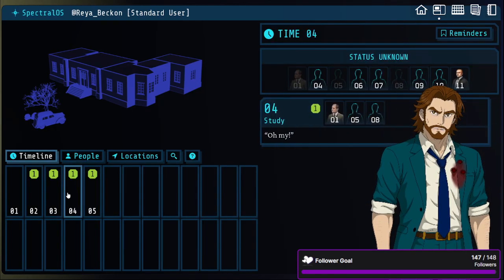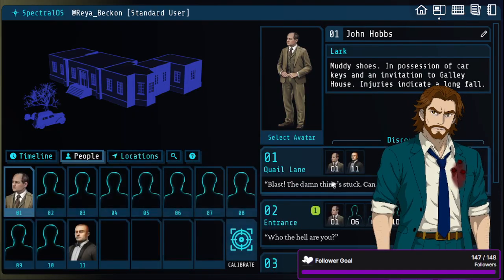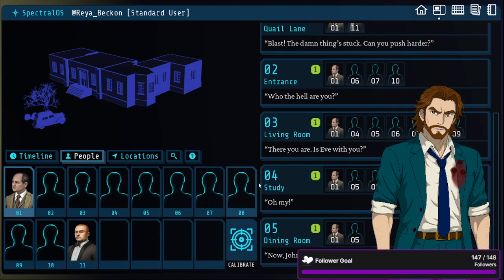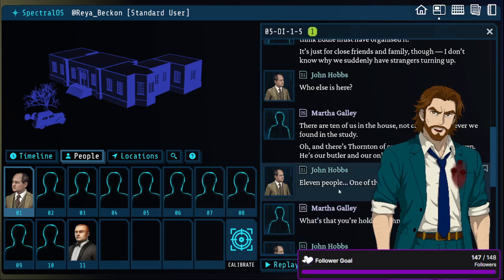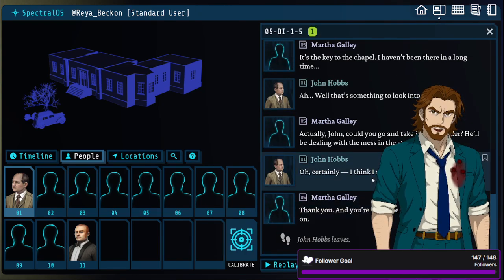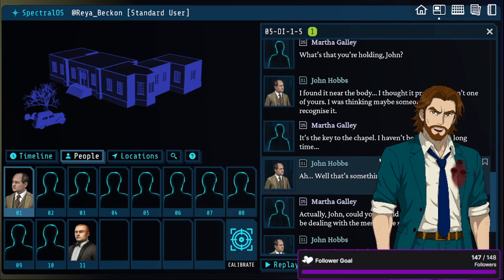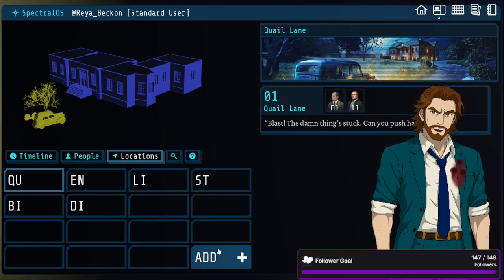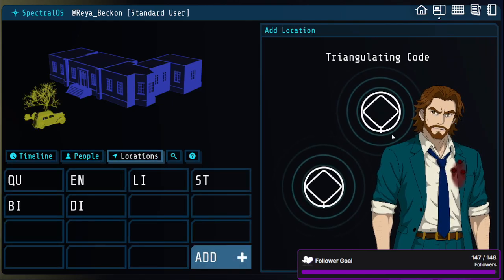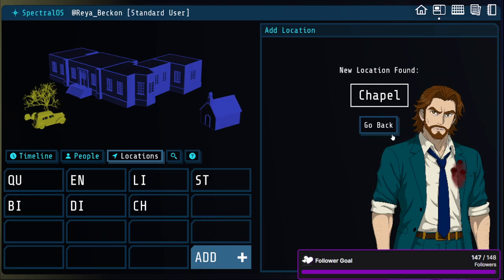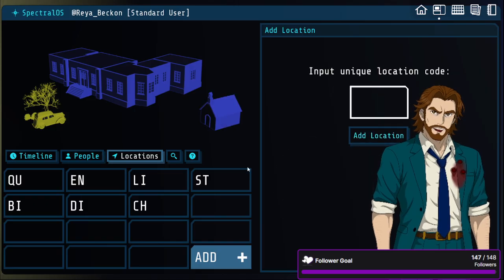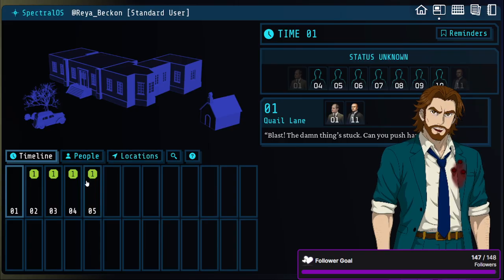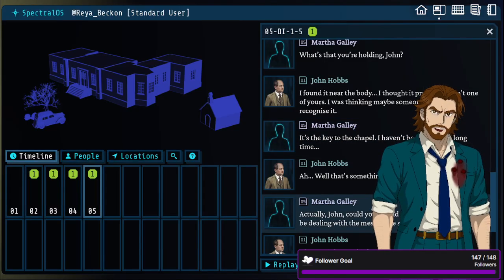Which... Okay. The chapel. Okay, let's add that. Chapel. Okay, so we have a chapel. At some point that will come up. Was there anything else in here that we could use?